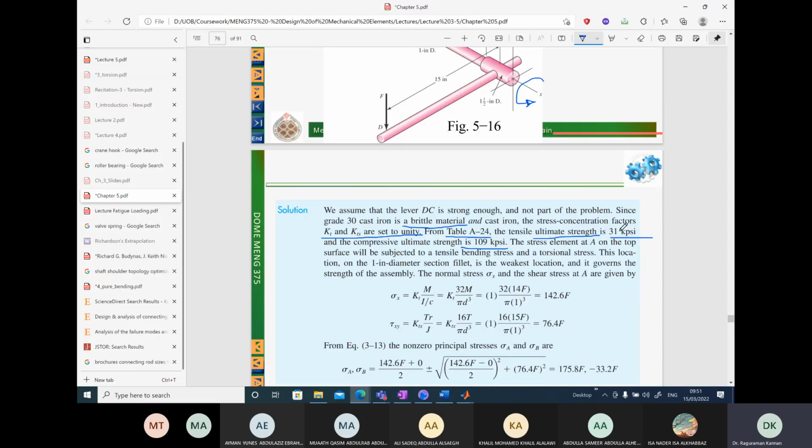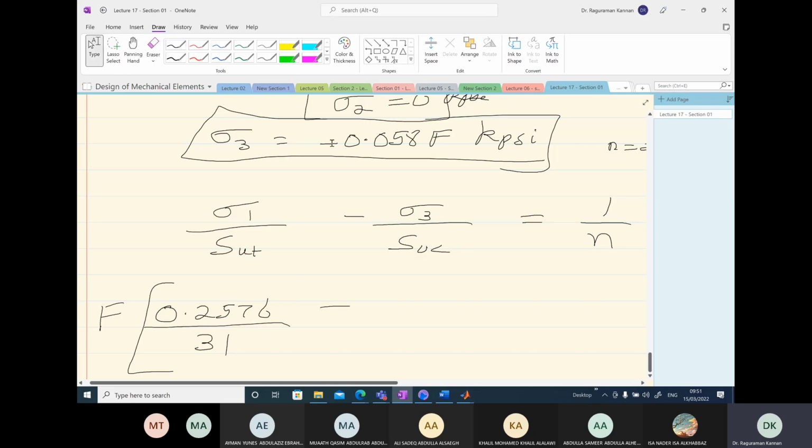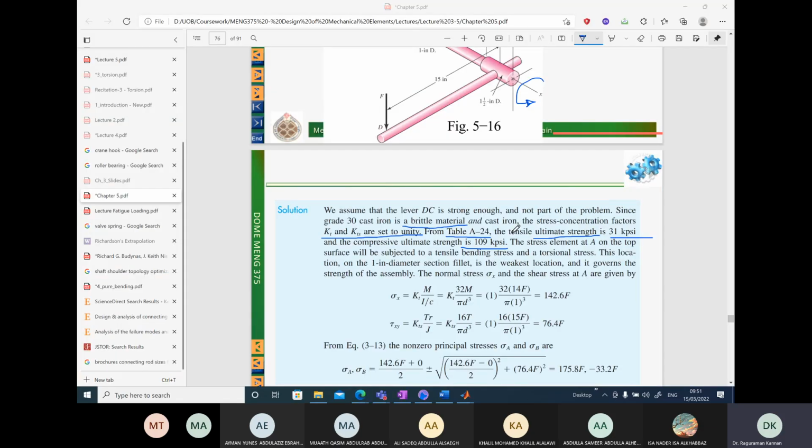Since we have all the units in kpsi, that is fine. The compression here we have sigma 3 is negative 0.058 F. Since F we have taken out, you can forget about the factor F here. And then in the denominator we have 109